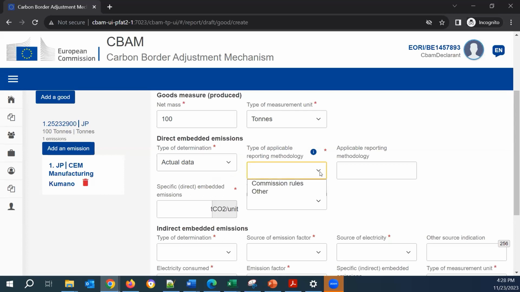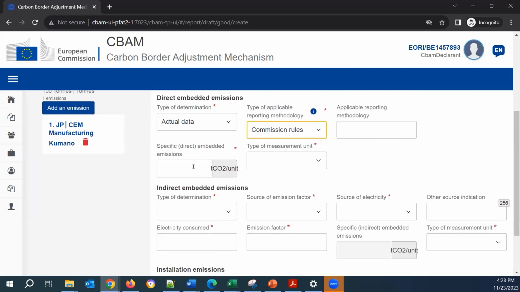So there are two options here: commission rules and other. If I choose the other option, you will see that the applicable reporting methodology becomes mandatory. Since we didn't use the commission rules, we need to specify what applicable reporting methodology we have used. I will go for the commission rules since I used this calculation model.